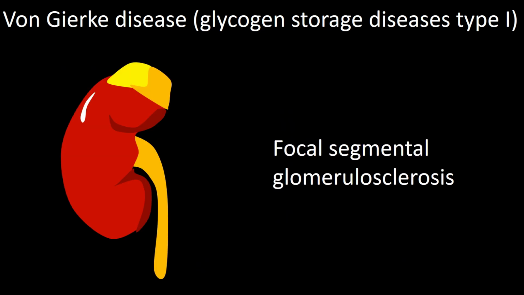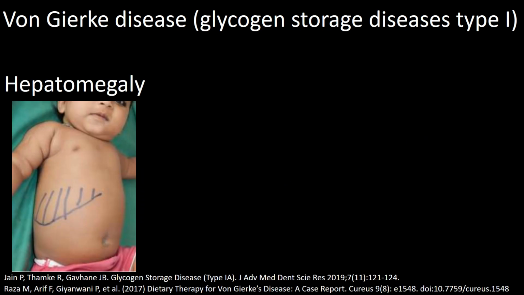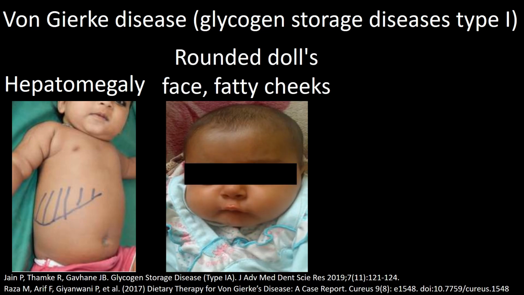The kidney is at times involved in this condition, demonstrating focal segmental glomerulosclerosis. Patients with von Gierke's may present during infancy with hepatomegaly. The face is round with fatty cheeks. They often have hypoglycemia,